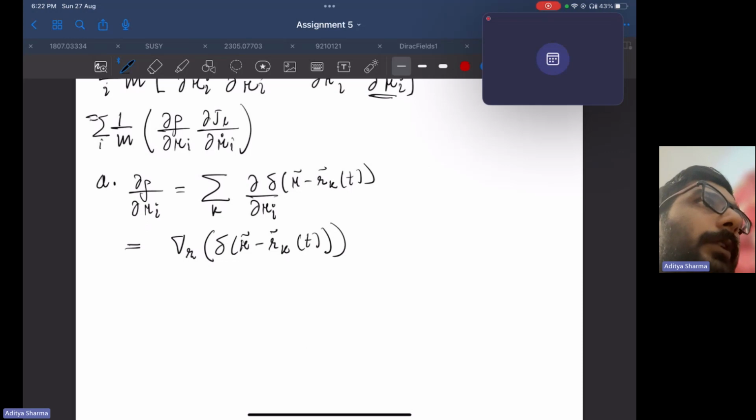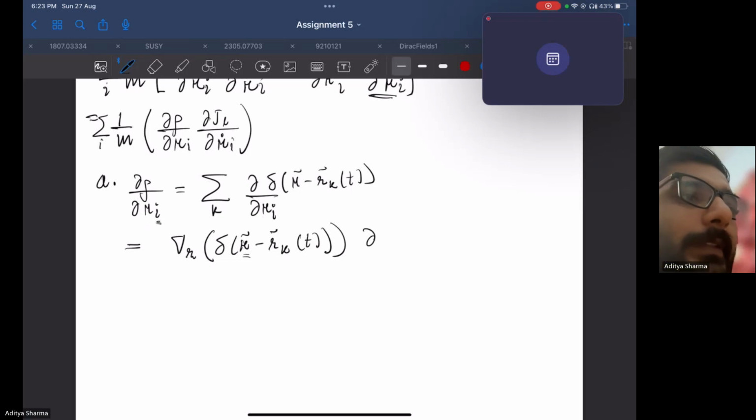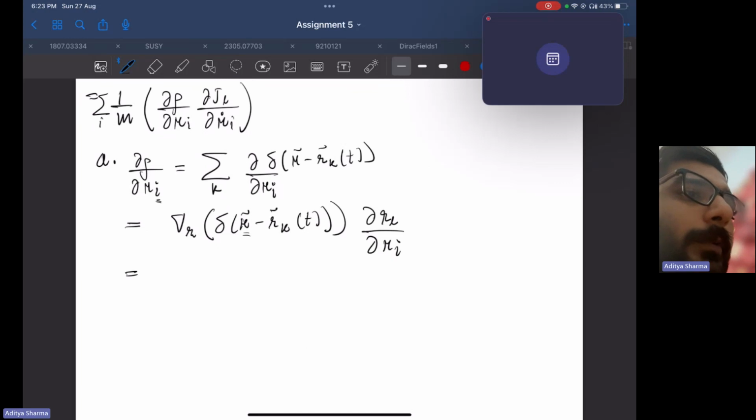So suppose this R has a lot of components. Only that component will survive which is i in it, because the other components are say R_l, R_i. So if we want only that component where l is equal to i that survives, then we